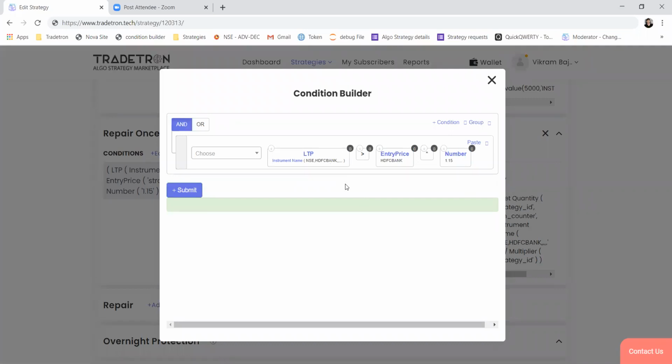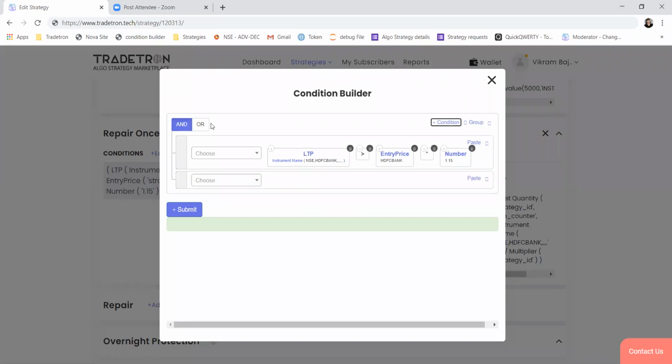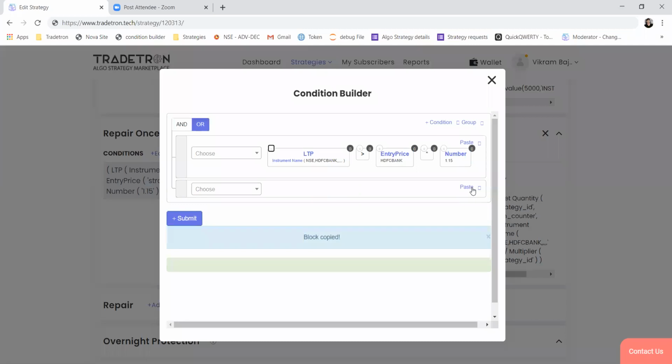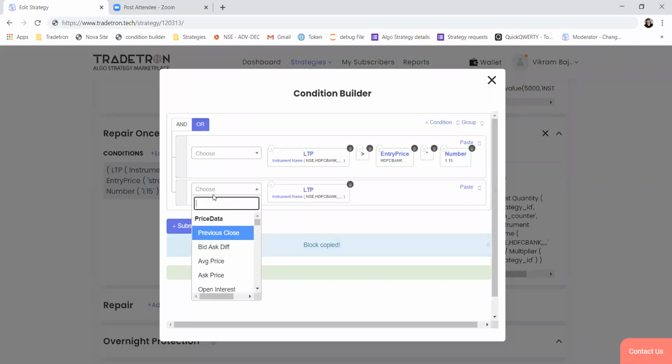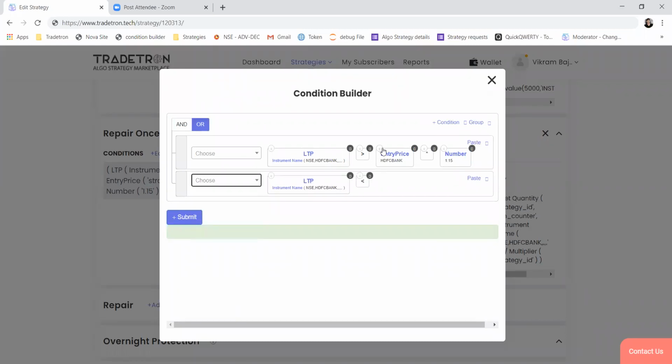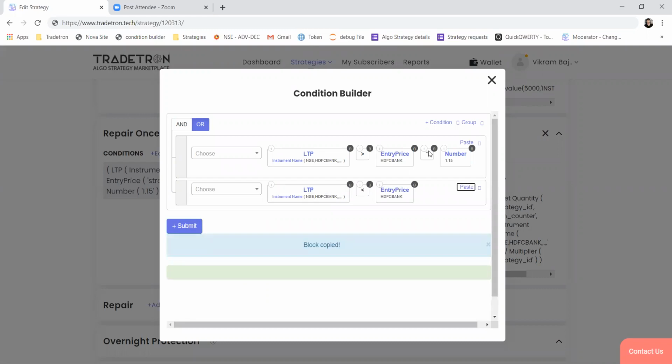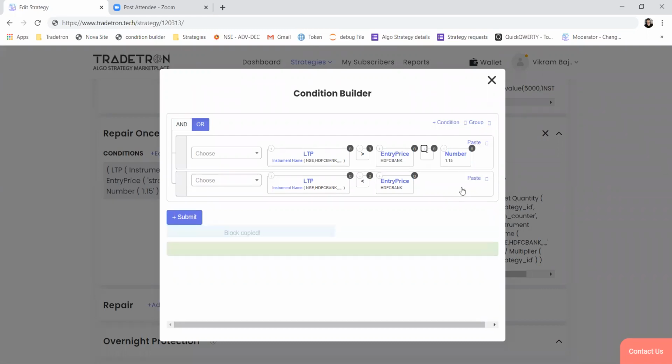Let's say I want to add a 10% stop loss from my entry price. In that case, you can just use the or condition. Either if my LTP goes 15% above entry price, then I want to exit, or if LTP goes below 10% from my entry price, then I want to exit.